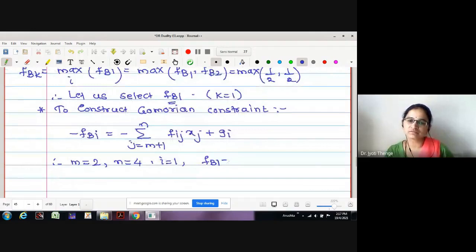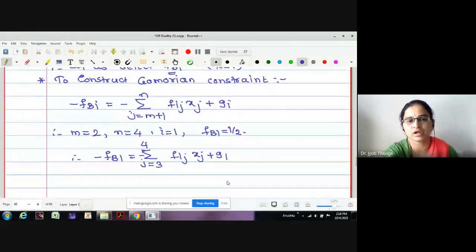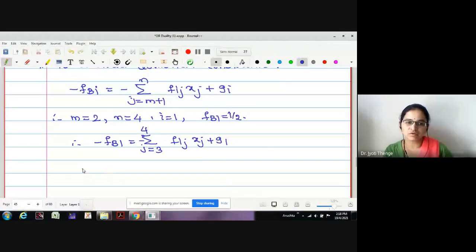Is it half? Okay. Let us put all the values in the above equation. Therefore, this becomes minus f_B1 equals summation j equals 3 to 4 of minus f_ij x_j plus g1. Is that okay? Now let me run the summation here, which gives me minus half equals